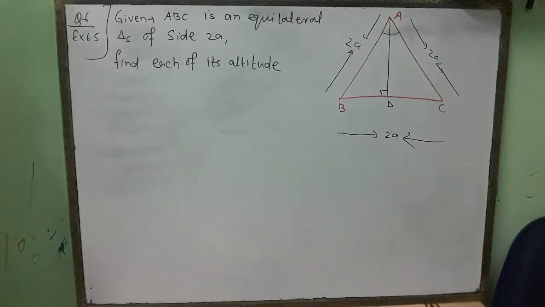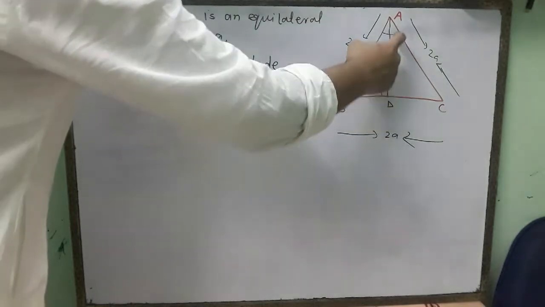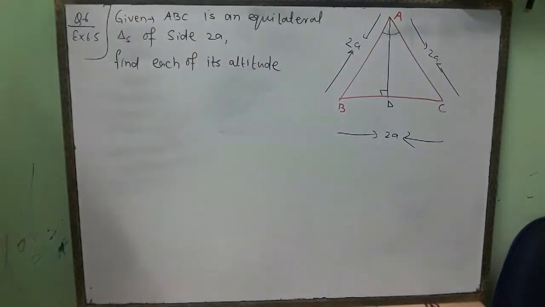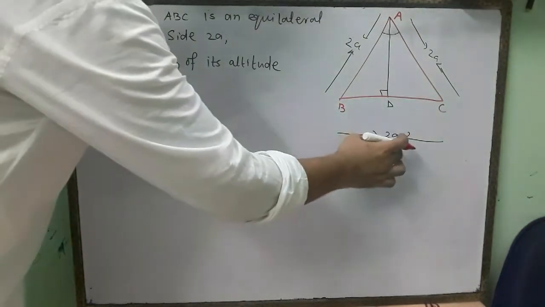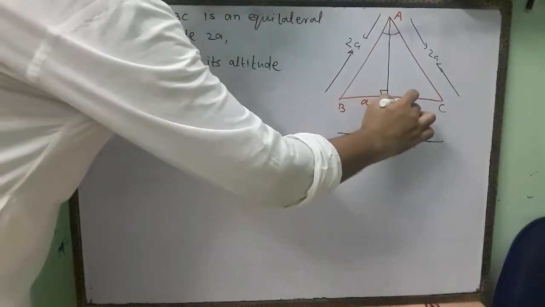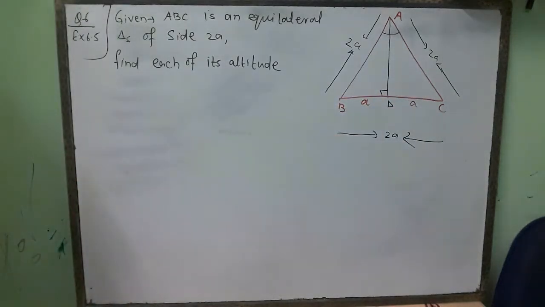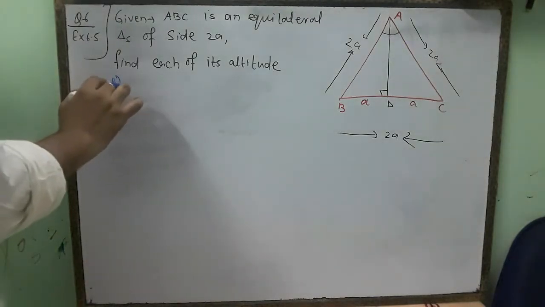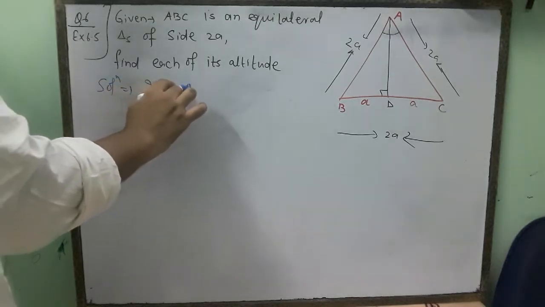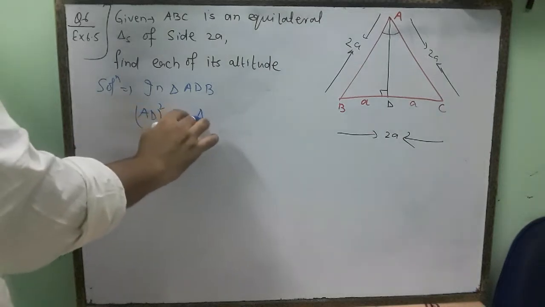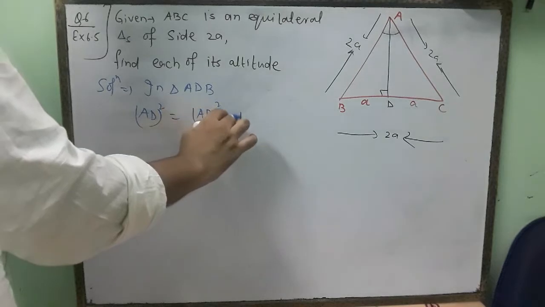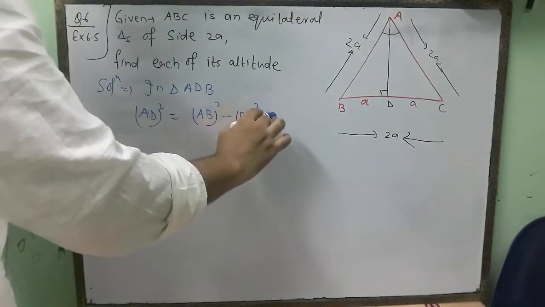As you know, from the opposite vertex to D, it will be the perpendicular bisector of BC. So it will divide BC into two equal parts, BD equal to CD. Here BC is 2A, so the length of BD will be A and the length of CD will be A. Now use Pythagoras theorem. In triangle ADB, I have to find AD. Then AD square is equal to AB square minus BD square